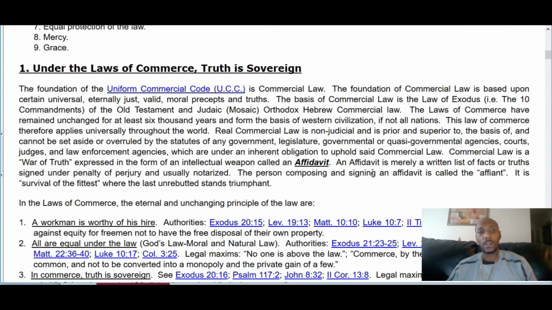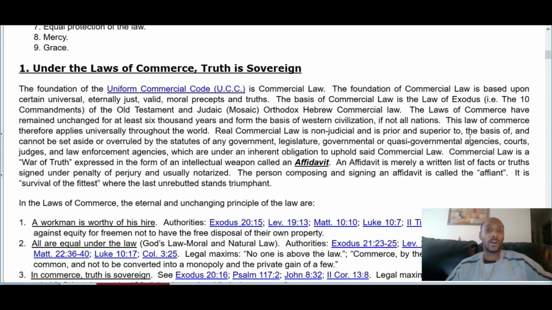Now, under the laws of commerce, the truth is sovereign. That being said, the foundation of the Uniform Commercial Code is indeed and in fact commercial law. The foundation of the commercial law is based upon certain universal, eternal, just, valid moral precepts and truths. The basis of the commercial law is the law of Exodus, or in other words, the Ten Commandments of the Old Testament of Judaic, Mosaic,